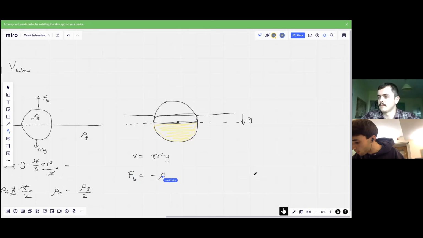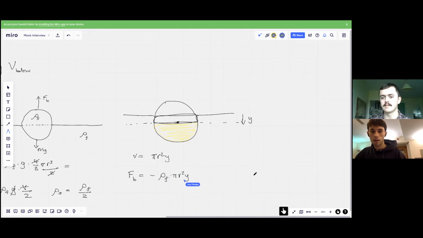Rho of the fluid times pi r squared y. There's one thing missing from the expression for the buoyancy force that we had before. g. Yeah, put that in there. Okay, nice. So this has got the form of simple harmonic motion then,